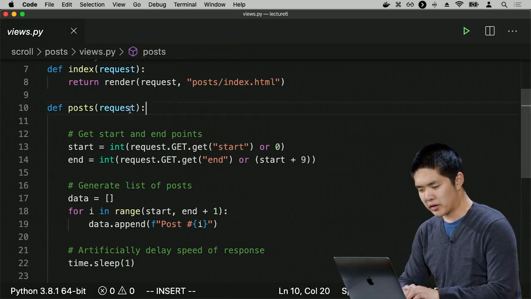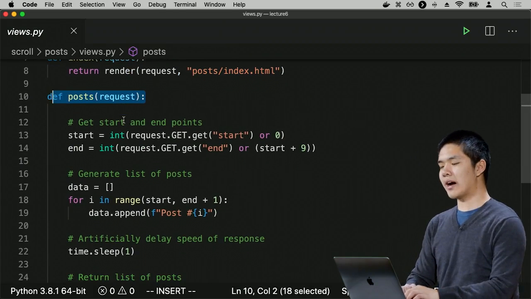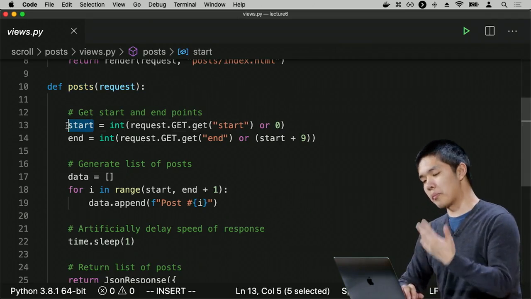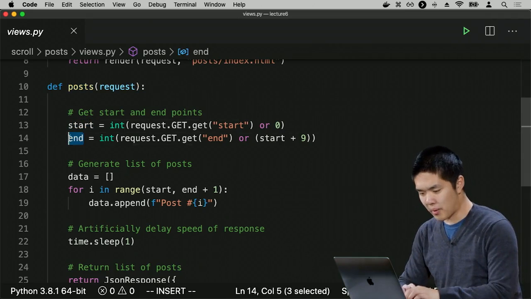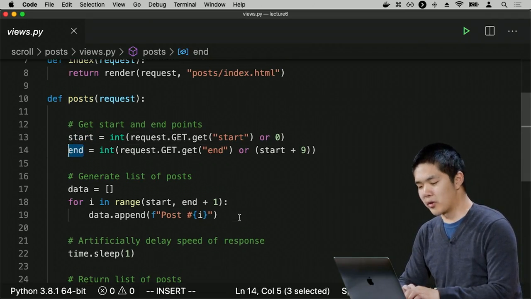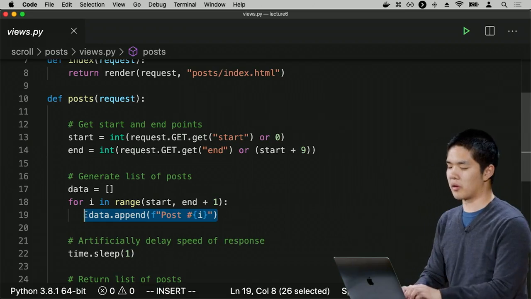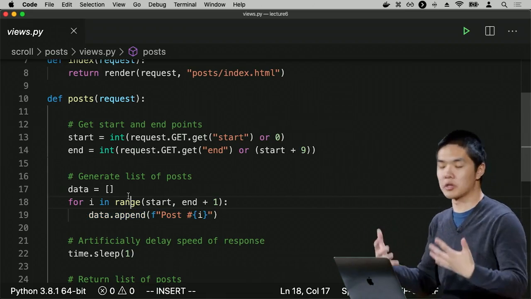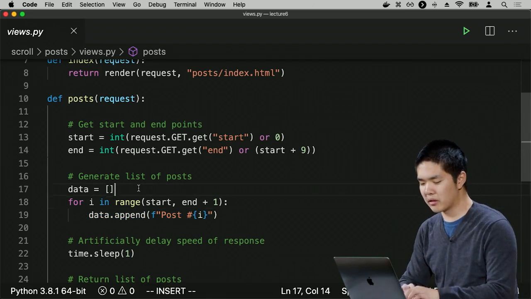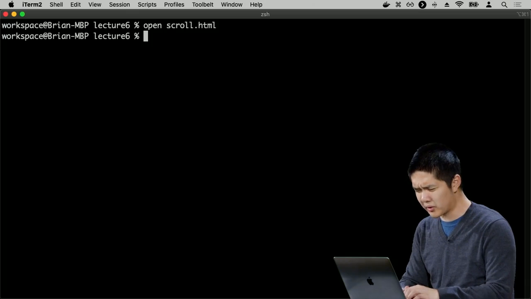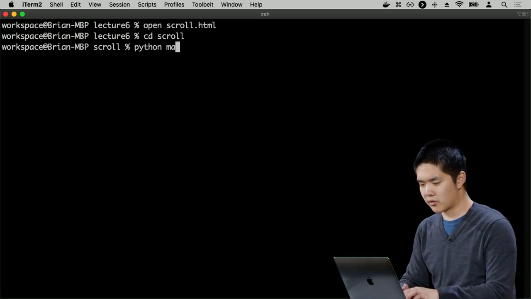And if I make a request to /posts, I need to provide two arguments. I need to provide a start for what post I want to start with, an end for what post I want to end with, and then it's just going to generate some sample posts that just say like post number 1, post number 2, so on and so forth. In practice, you could actually use social network posts in place of this, but this is good just for demonstration purposes. So what this is going to do, if I go into Scroll and run the server,